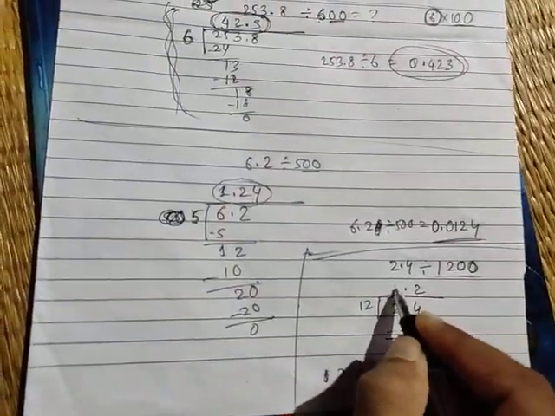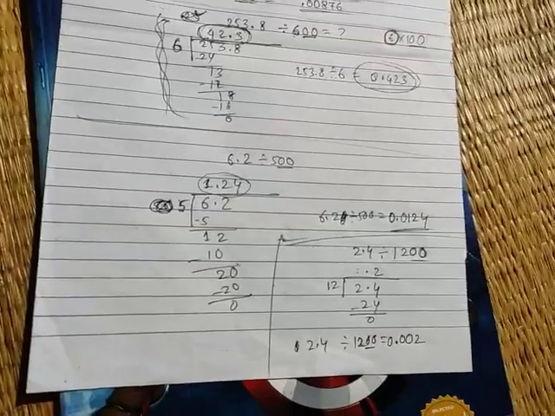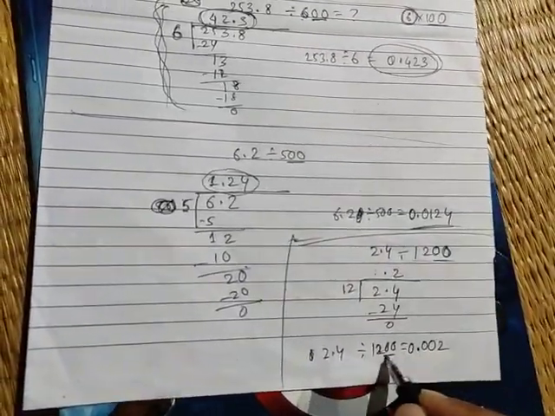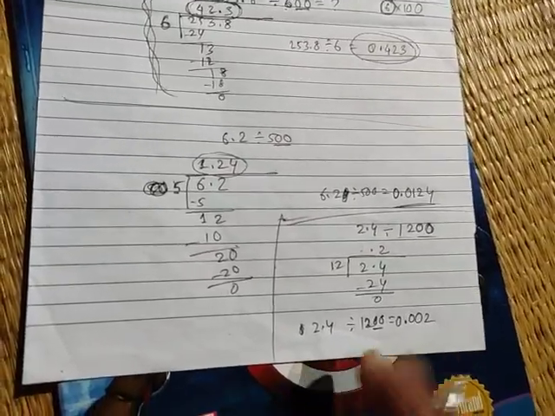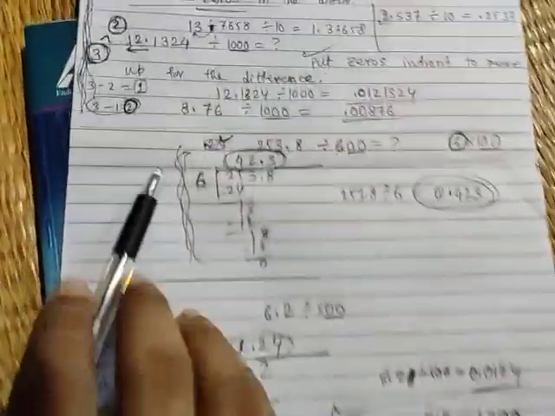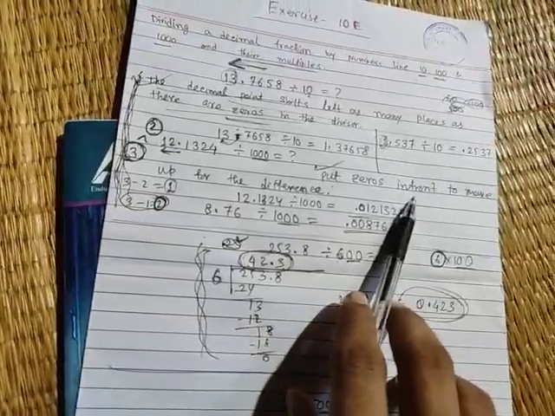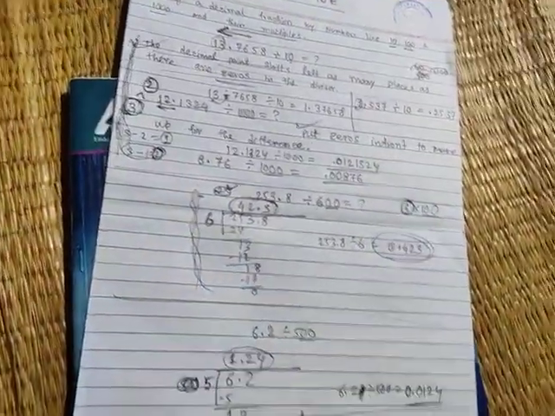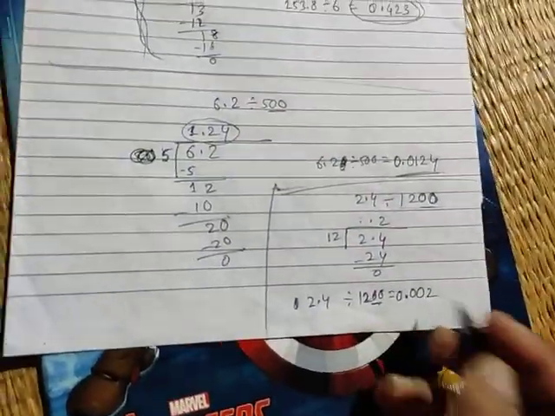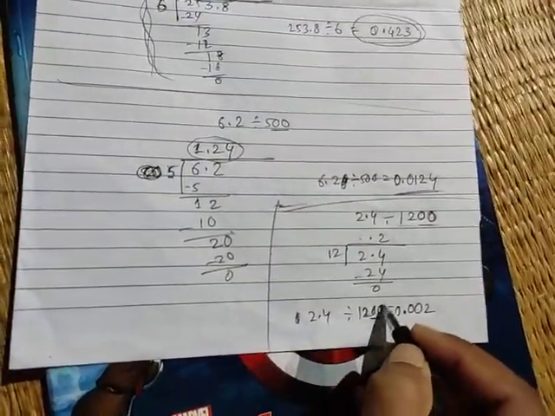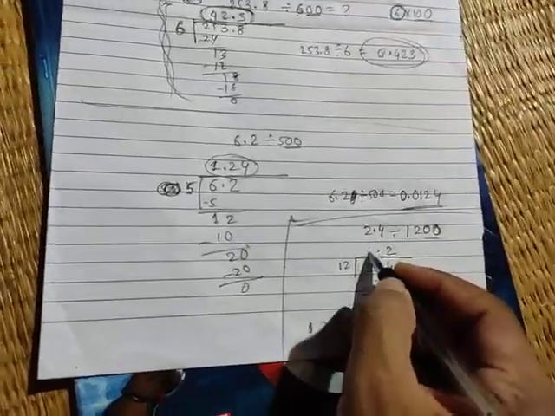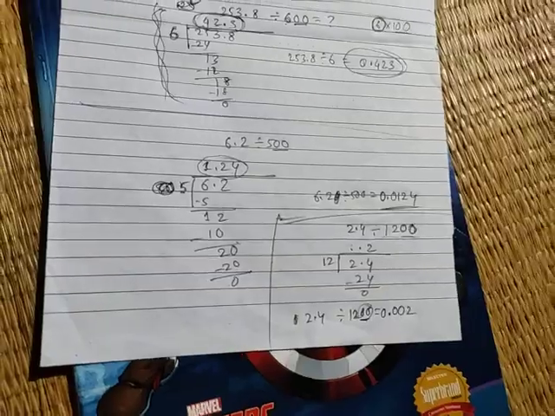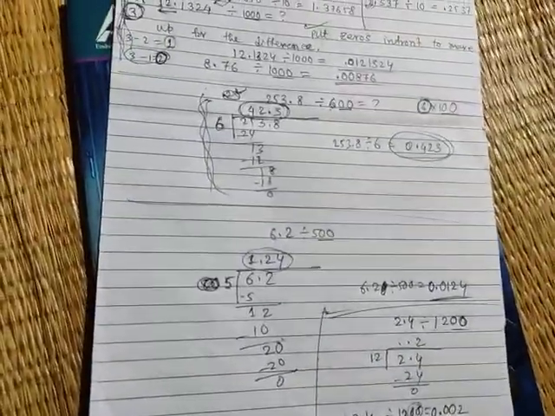Because here I have no integral part, that's why I have to put 2 zeros, because I have to shift the decimal point by 2 digits. And what did I say? Put zeros in front to make up for the difference. So that is why I put 0, and why did I put 2 zeros? Because I had to shift 2 digits, and there was not a single digit in front. That's why. So now I think you have understood this whole process.